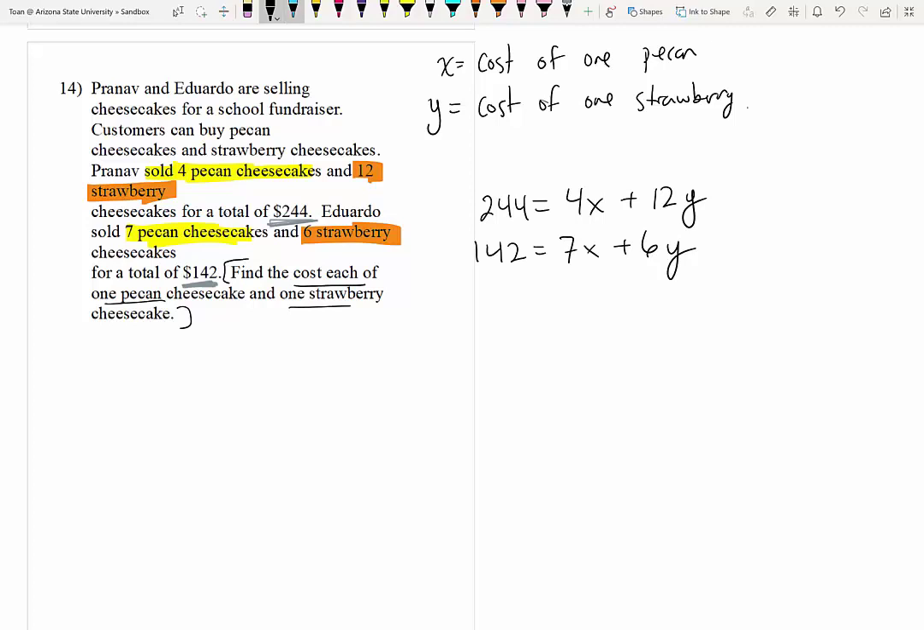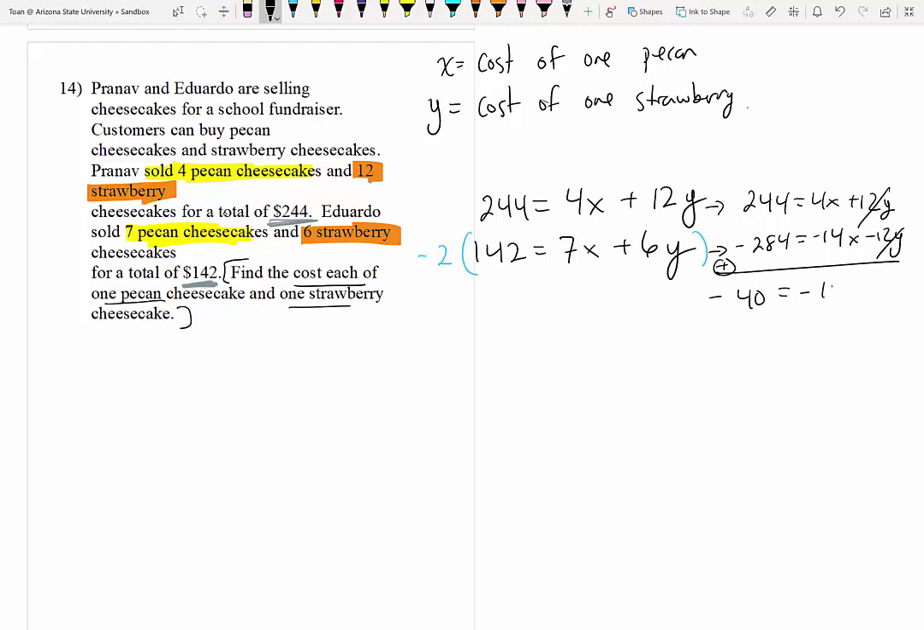Let's solve it by elimination. So I'll multiply the second equation by negative 2. So that gives us 244 equals 4x plus 12y. That gives us a negative 284 equals negative 14x minus 12y. The y's cancel when I add the equations, giving us a negative 40 equals negative 10x, so x must equal